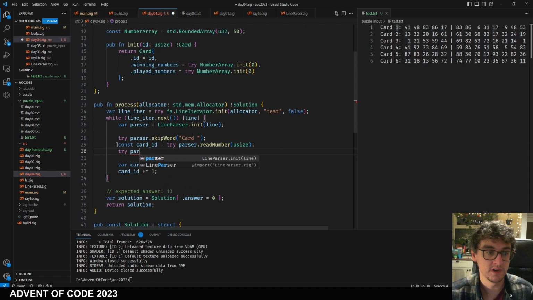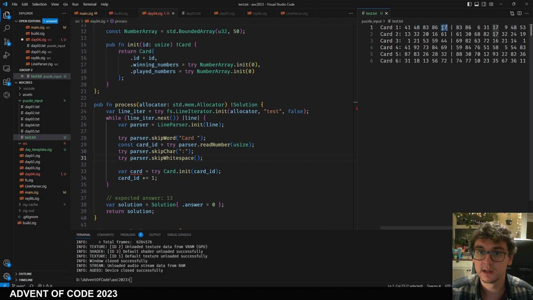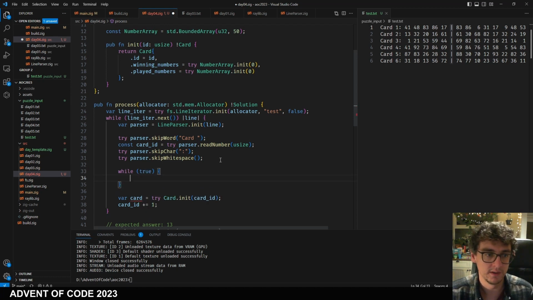And then we'll do try parser skip char. We expect to skip this. A try parser skip whitespace. Yeah. And then we're going to keep reading characters, keep reading numbers until we reach the pipe. So it'll be something like while true, try parser read number